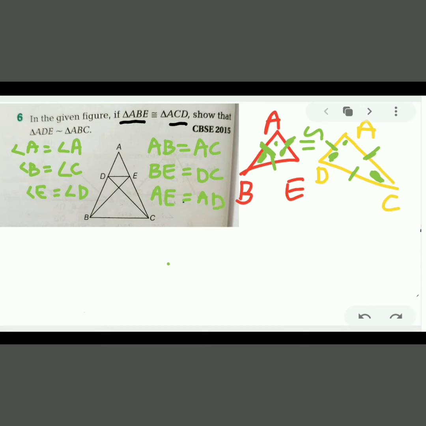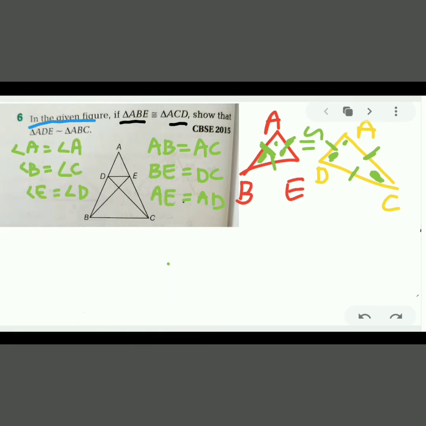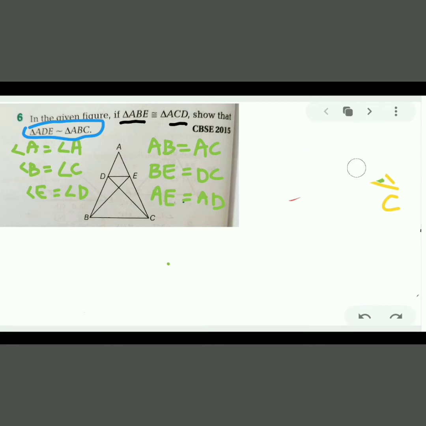Now we have to prove. What we have to prove? We have to prove these two triangles as similar, not congruent. So here we have to draw another figure. These two figures we have drawn for our given, whatever is given that we have written. Now we have to talk about triangle ADE, means this small triangle. So I am drawing it. That is triangle ADE, and that is similar to triangle ABC. That we have to prove.